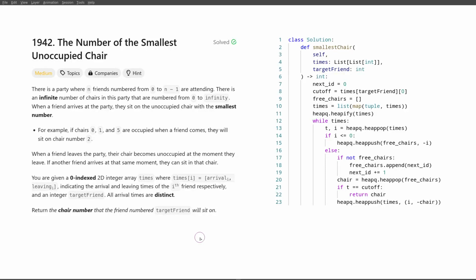Hello everyone! Today we'll talk about the solution to the problem, the number of the smallest unoccupied chair. When we read the statement to this problem, we can quickly come to the conclusion that this is primarily a data structure based problem, and specifically we want a data structure that can maintain the set of available chairs, give us the smallest available chair, and since there is some freeing mechanism, then we have to be able to return